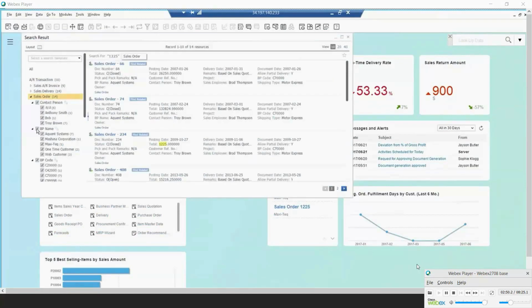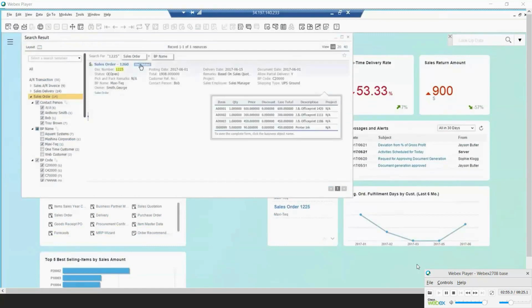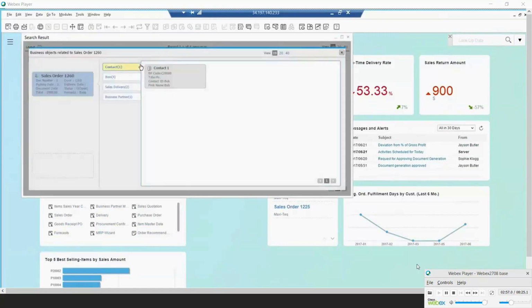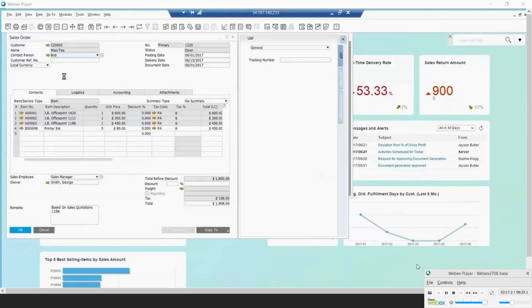Now, I know that I'm looking for a sales order, and I know that that order is from Maxitech, so I can navigate there fairly quickly. I can find out more information about the order, like the items or perhaps the related documents, and to be honest, so much more. So I select the order, and then I will notice that it is indeed still open, but interestingly enough, only open for the last item